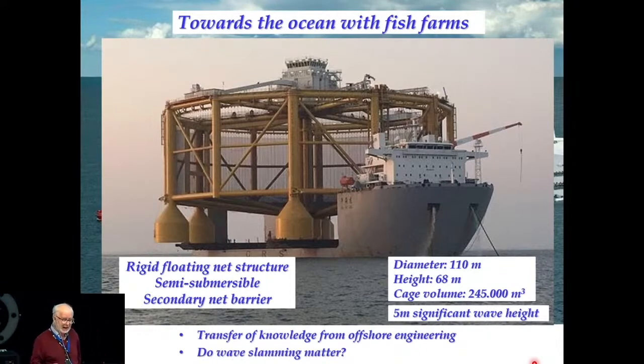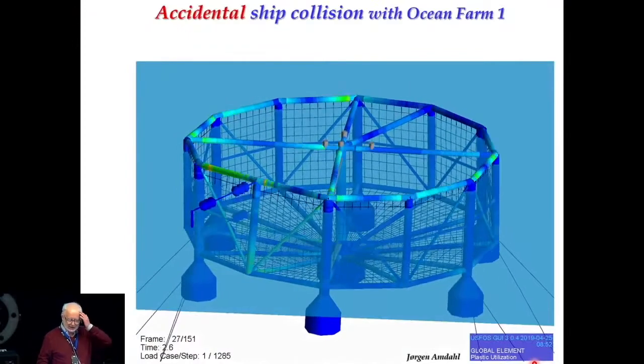One thing which I asked myself about when the tests were done, that is, does wave slamming impact of steep waves matter? And it was told to me that it was not a problem. But basically, we don't want things like this to happen, which is an offshore structure. This is an accidental load case where you get extreme loading caused by that. There's also another accidental case